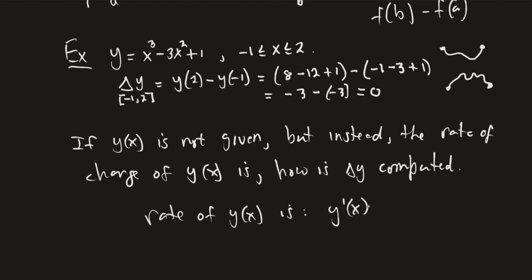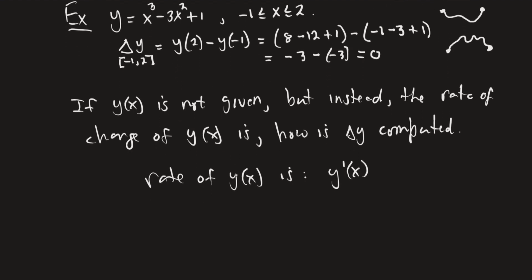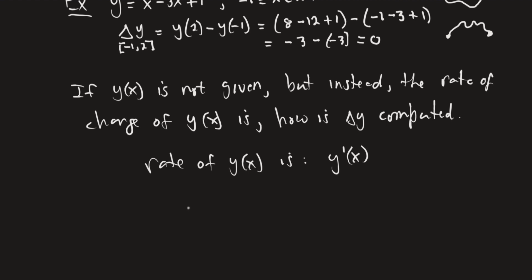So in other words, if you're given the derivative, how could we find this net change? Well, let's see if we can work backwards. So we know that the net change of the function, now we're going to write it a little bit more generally, over this interval, let's say x0 to x1,